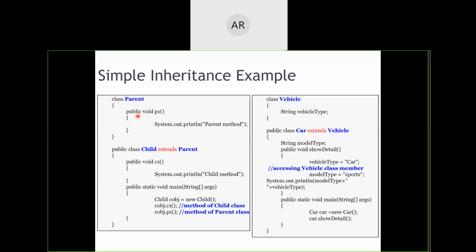We will learn about access specifiers later. If they have proper accessibility, then even using the child class object I can access the parent class methods and variables. Clear?